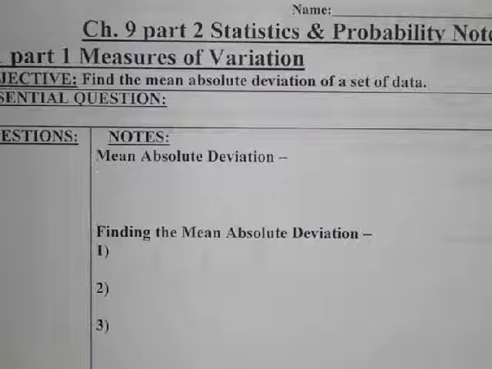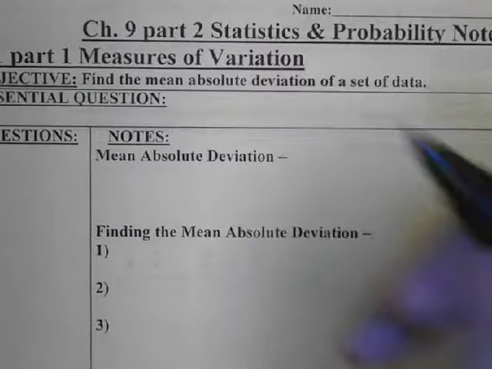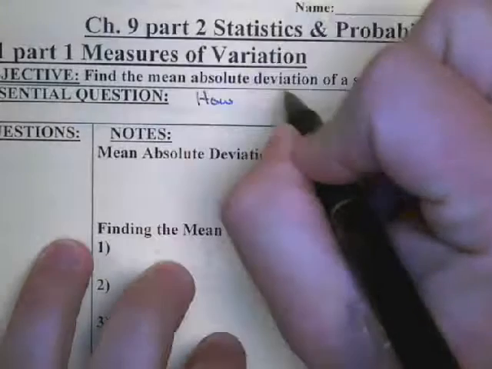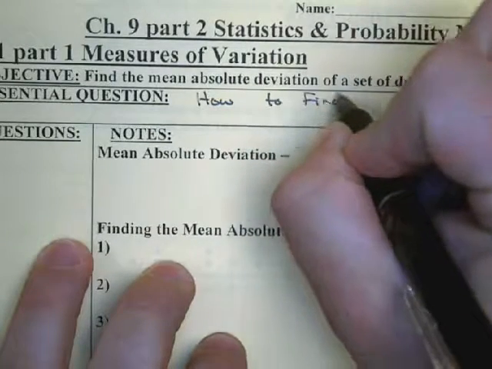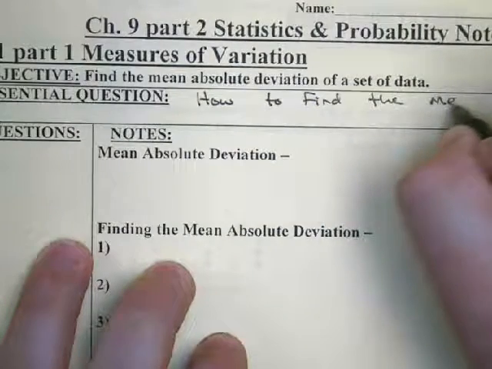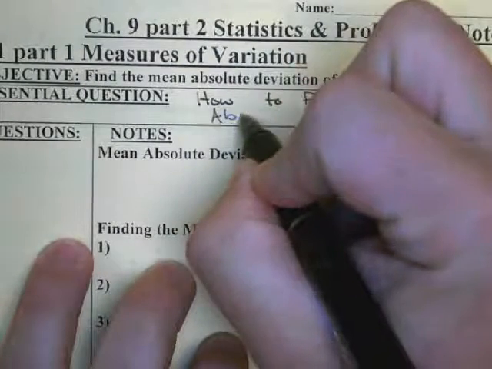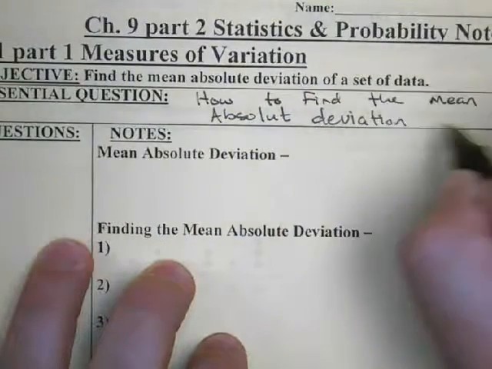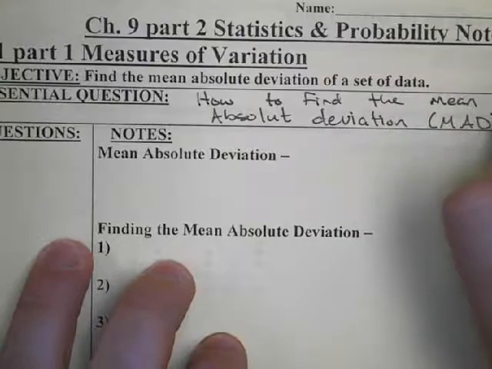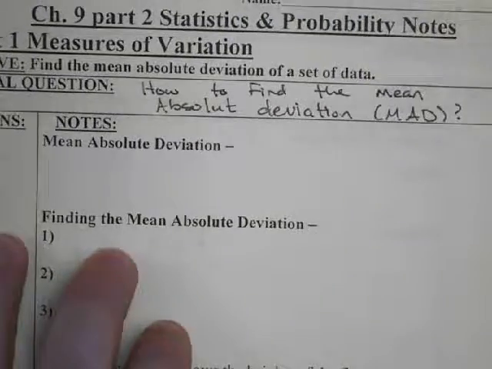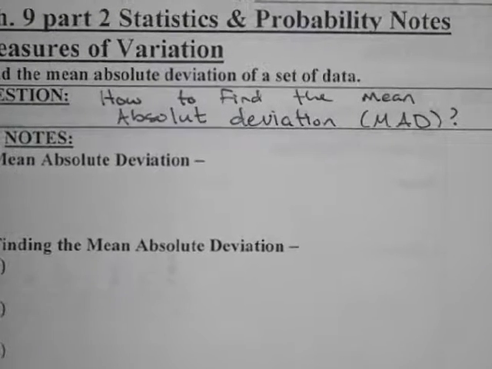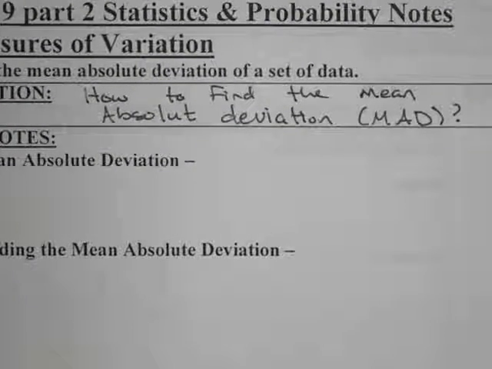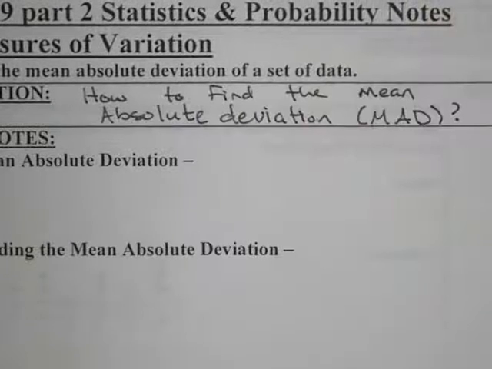In this video, we will be looking at how we can measure variation from the mean. And in this particular lesson, we'll be looking at how to find the mean absolute deviation, which we'll refer to as MAD. And what the mean absolute deviation is,